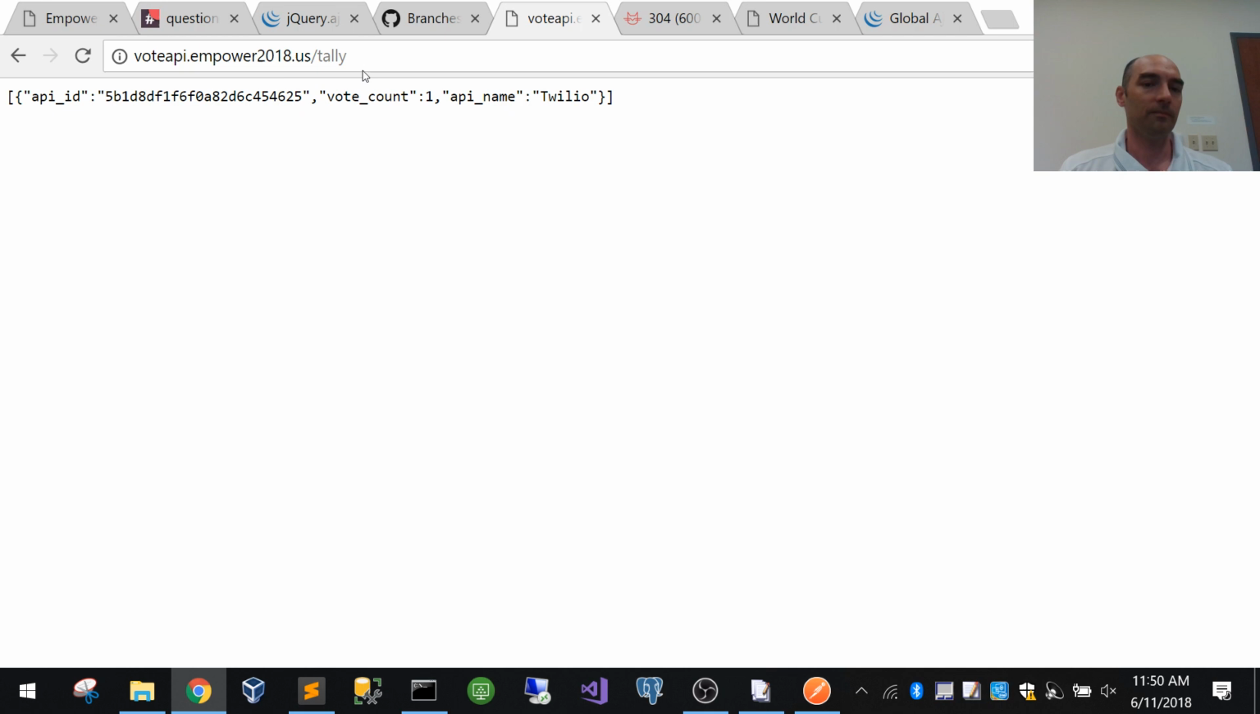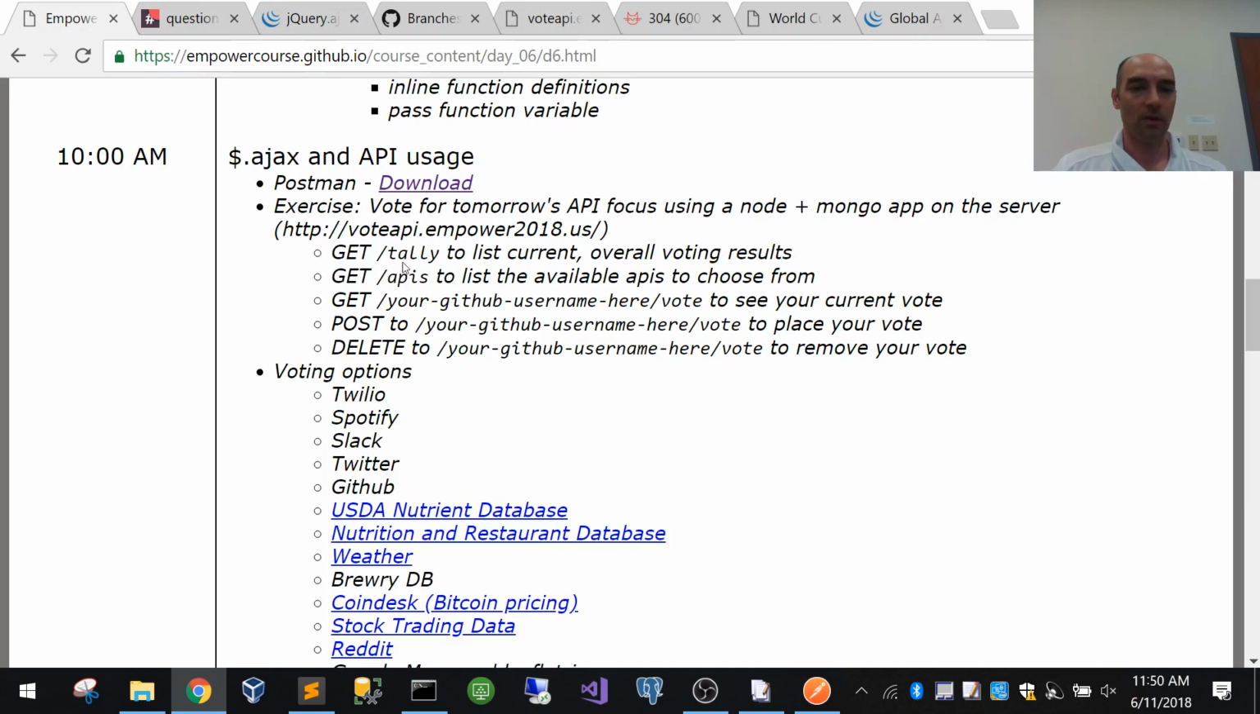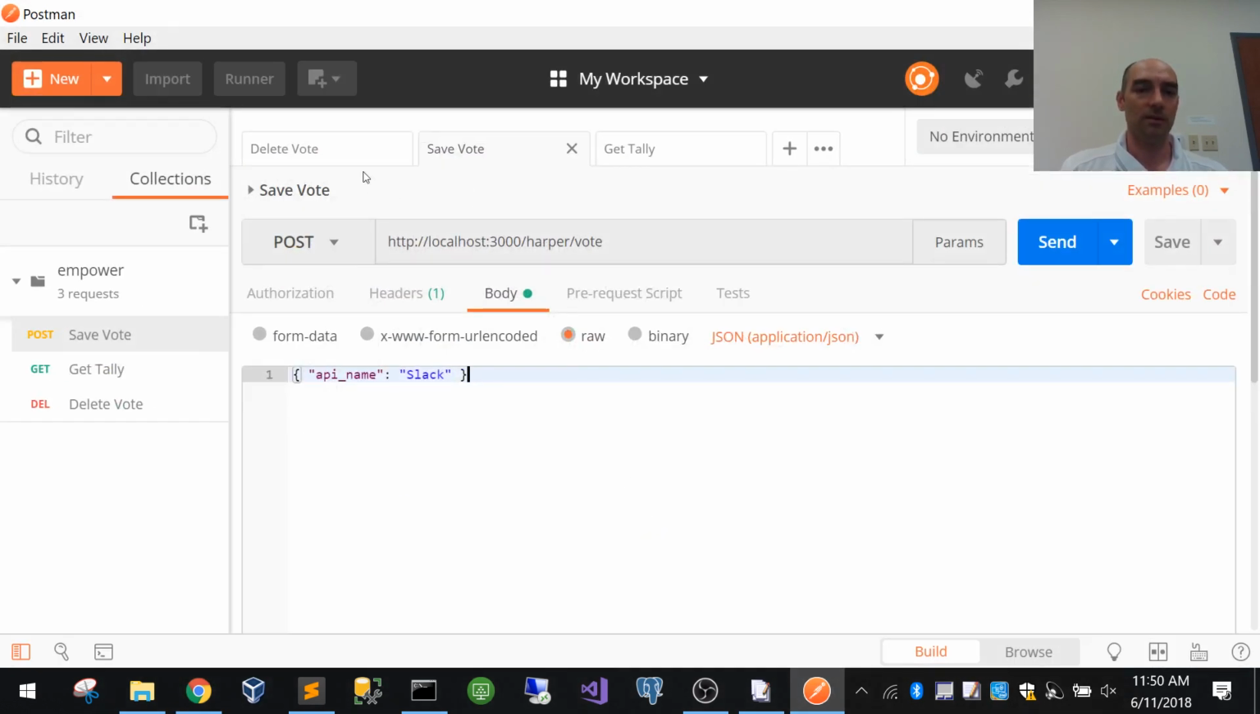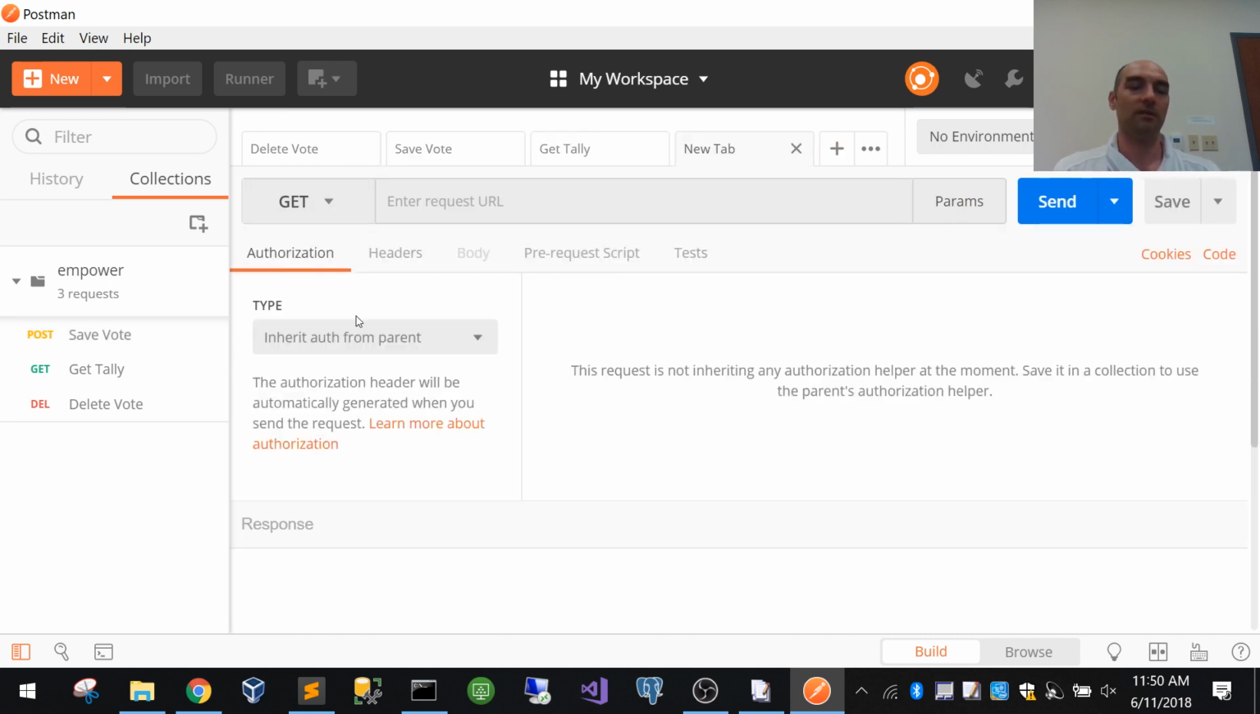So you're going to talk to it with tally, which is a get right here to list current overall voting results. APIs lists, give me all of the available APIs. You can do that with Postman or you can do it, so if we want to say get APIs, get